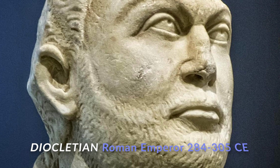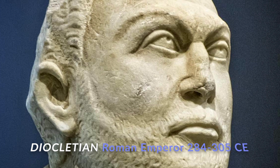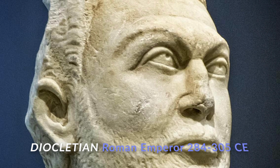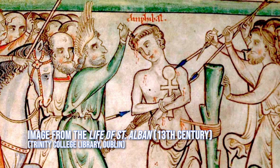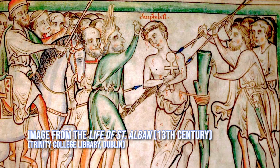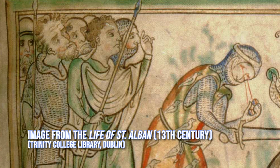In the late 3rd and early 4th century, during the persecution of Christians under the Emperor Diocletian, a Roman named Alban, who lived in Verulamium, gave shelter to a Christian priest called Amphibolus. After some conversation, Alban was converted to that faith. As legend has it, when the Romans came to arrest Amphibolus, Alban put on Amphibolus' clothes and gave himself up